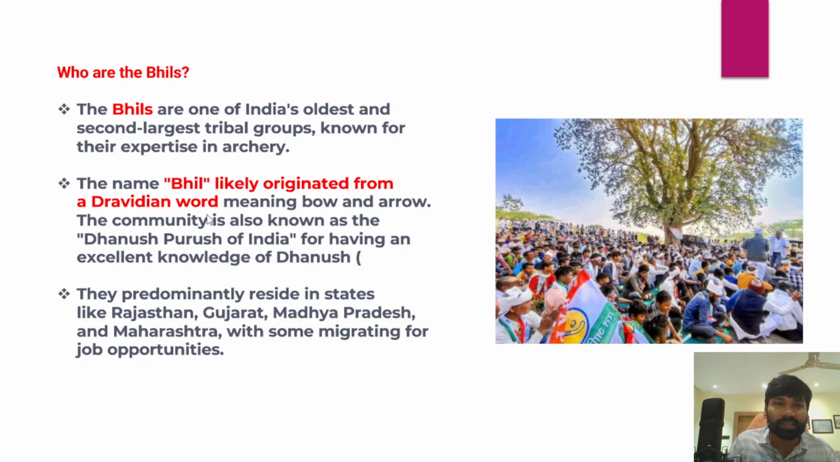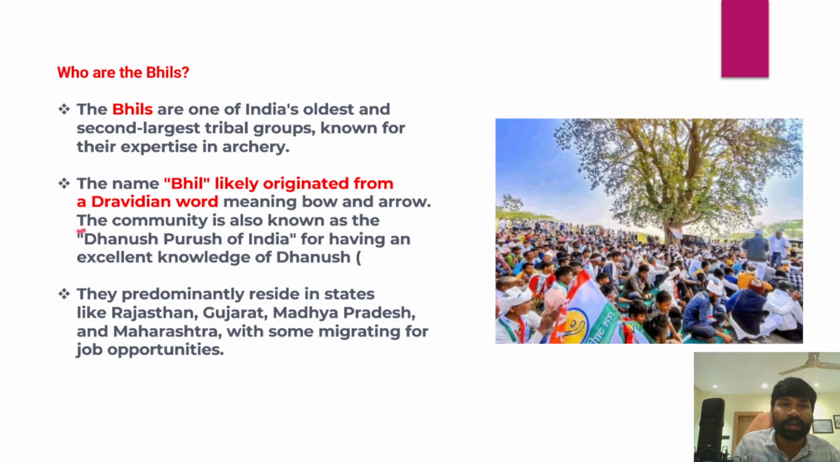Okay, so it is generally believed that the meaning of Bhil is bow and arrow. As I've already told you, this Bhil tribe is known for their expertise in archery. So the meaning of this Bhil is bow and arrow. In fact, the community is also known as Dhanush Purush of India for having an excellent knowledge of Dhanush. Dhanush in the sense that is a bow. Okay, so since they have an excellent knowledge with respect to Dhanush or bow and arrow, they are known as